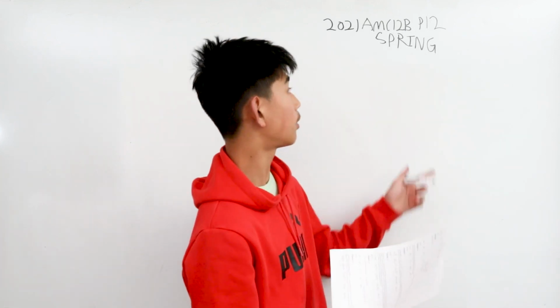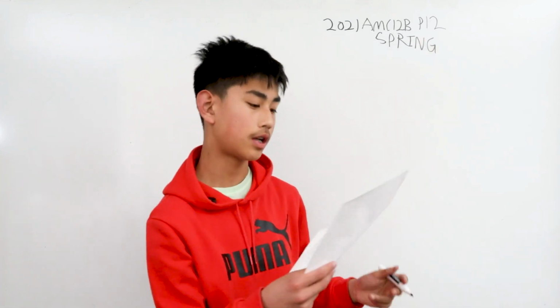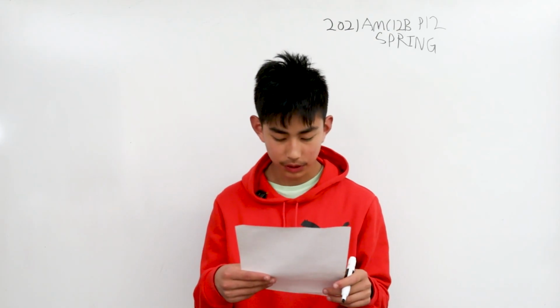We're solving problem 12 from the 2021 AMC 12B. Suppose that S is a finite set of positive integers. If the greatest integer in S is removed from S, then the average value (arithmetic mean) of the integers remaining is 32. If the least integer in S is also removed, then the average value of the integers remaining is